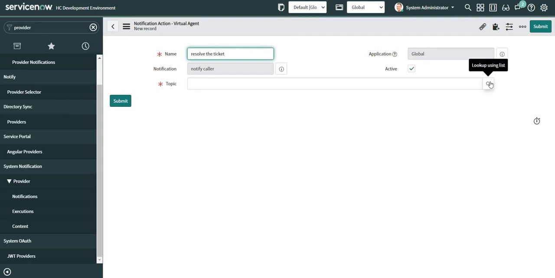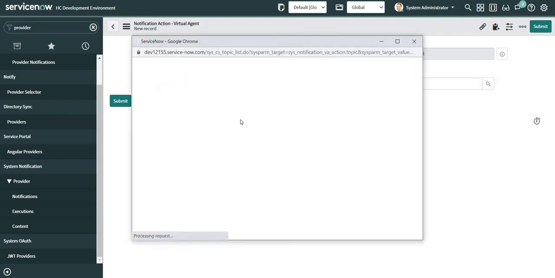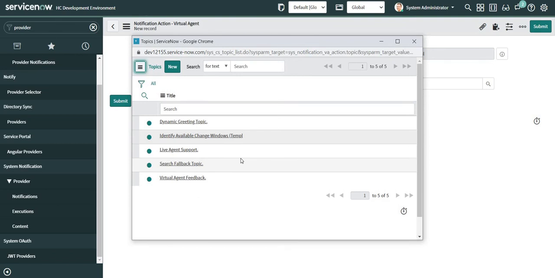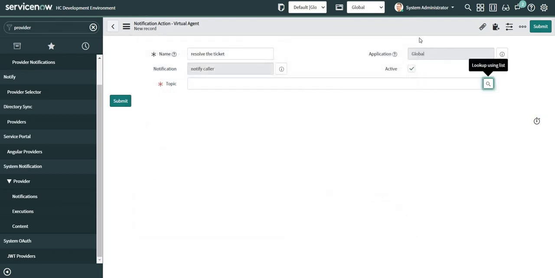And here in this topic list I need to select a particular topic which will run in the backend and finish the job. As of now there is no such topic available which can complete the job,